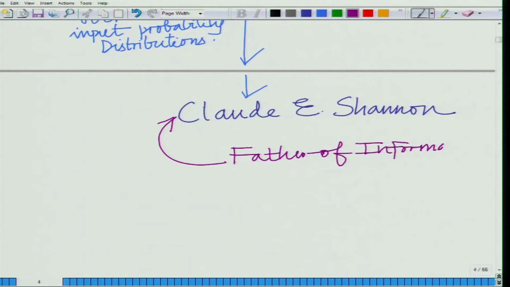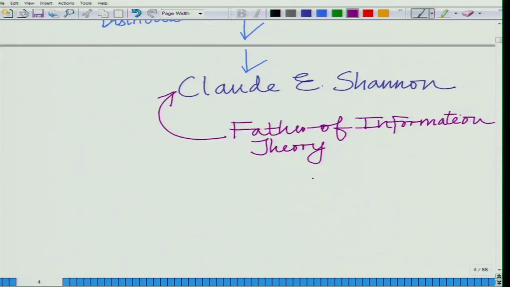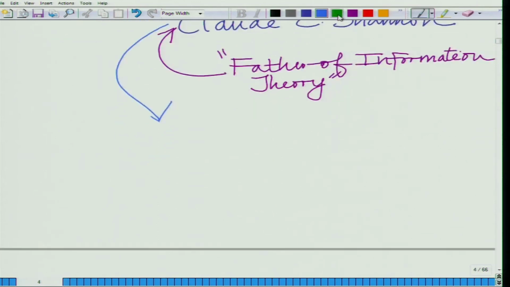He was a person who originally developed this framework of information theory, which right now has grown to have applications in so many diverse areas. One of them is of course in wireless communications, but it can be applied in many other areas. So, he is known as the father of information theory, and the channel capacity result was originally published in the landmark article